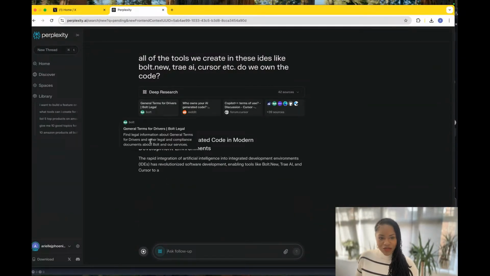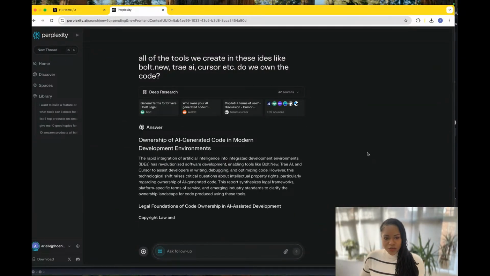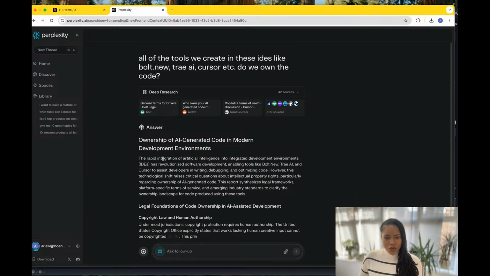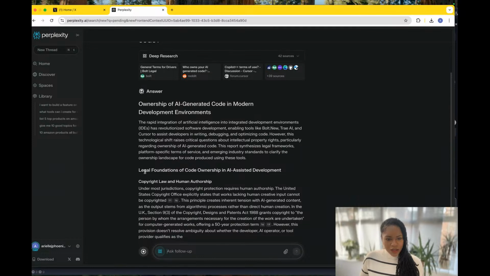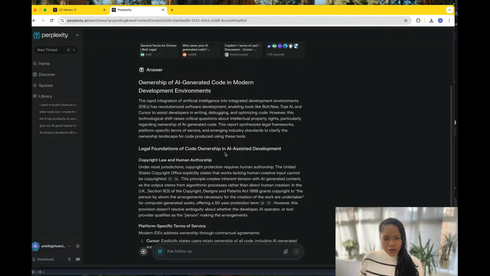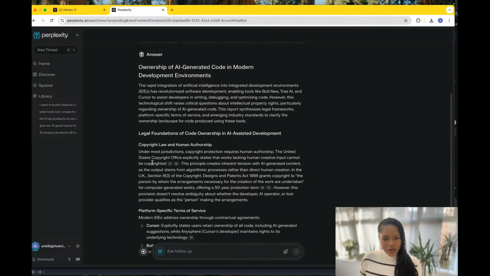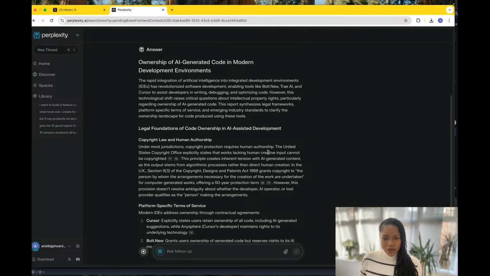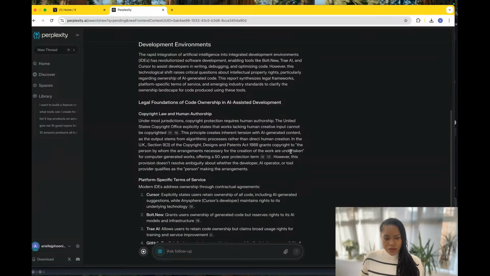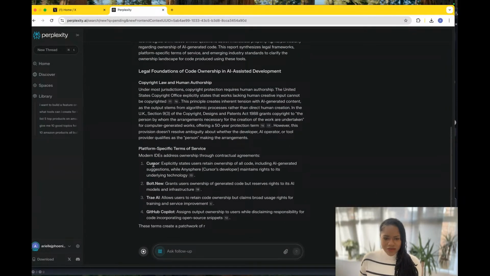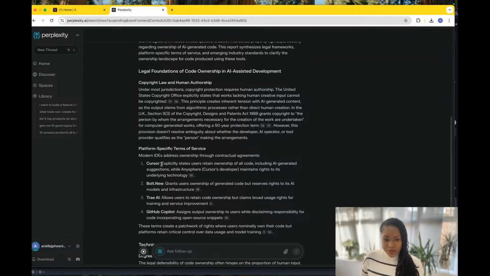So 42 sources. And it says ownership of AI-generated code in modern development environments. The rapid integration of blah, blah, blah. Legal foundations of code ownership in AI-assisted development under most jurisdictions. Copyright protection requires human authorship. United States. I'm just kind of looking for a yes or no. Platform-specific terms of service. Okay, Cursor explicitly states users retain ownership of all code, including AI-generated suggestions, while AnySphere, Cursor's